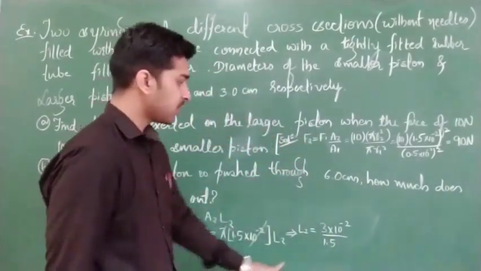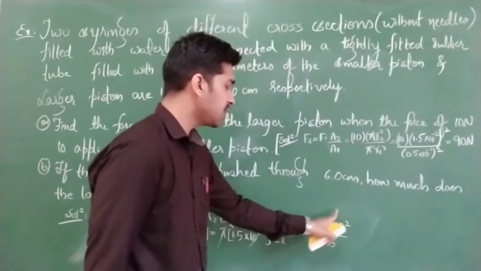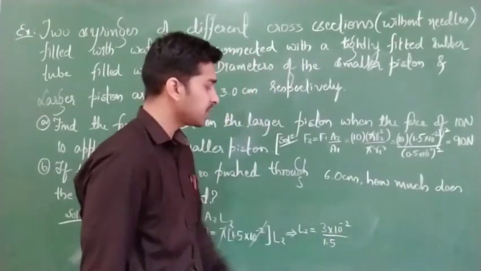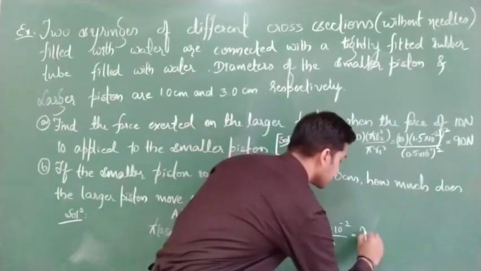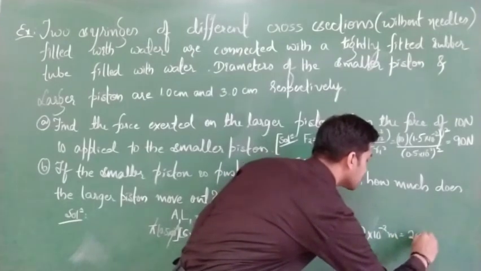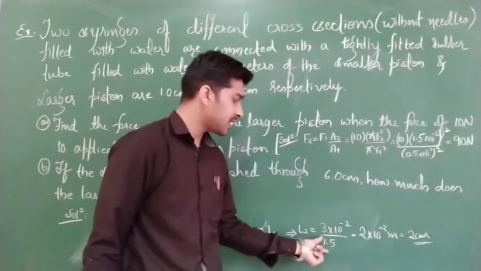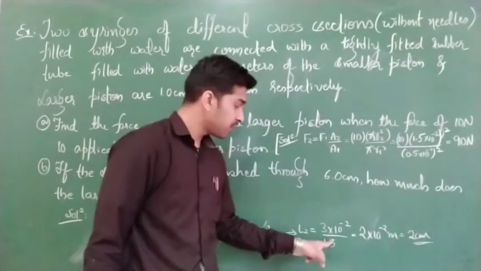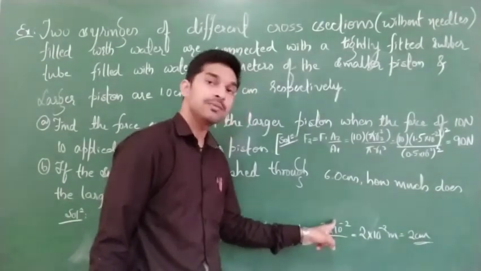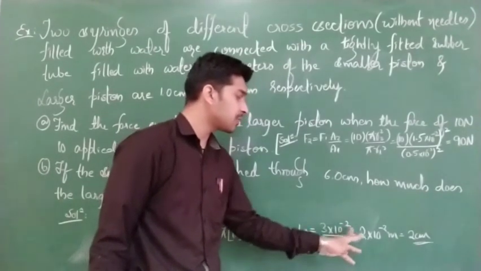Correct? So this 1.5 you can write it as 3 by 2. So what will happen? 2 will come to numerator, means 3 into 2 it will be 6. 6 divided by 3. That means 2 into 10 to the power of minus 2. Or this value will be 2 centimeter. Are you following here? 1.5 can be written as 3 by 2. If you write 3 by 2, this 2 will come to numerator again. So 3 into 2 will become 6. So 6 here we had changed for 3. So 6 by 3 is nothing but 2 and 10 to the power of minus 2 as it is.